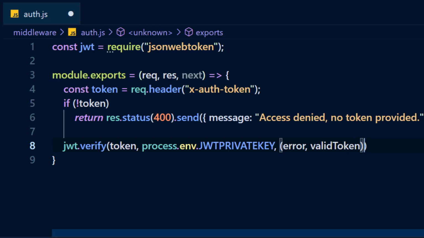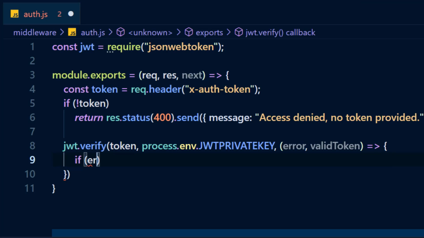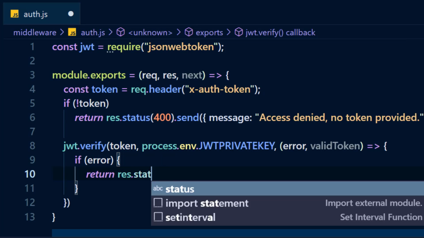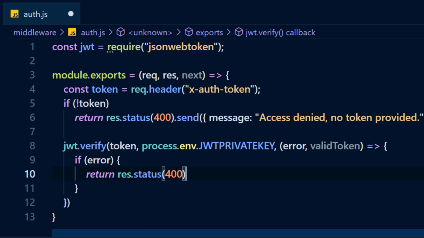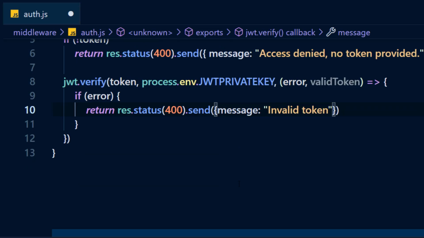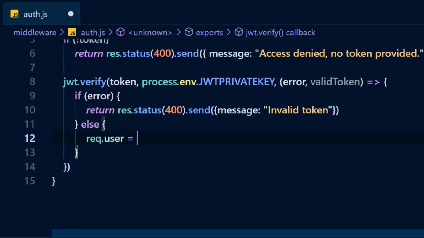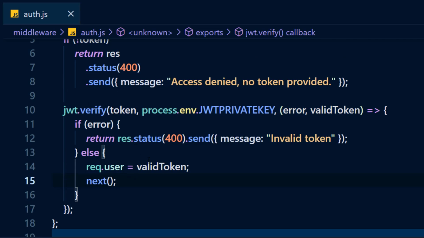We're going to check if error occurred, then we're going to return res.status of 400.send. Message will be invalid token, else we're going to set request user to be valid token, and we're going to call next function. Save this file,